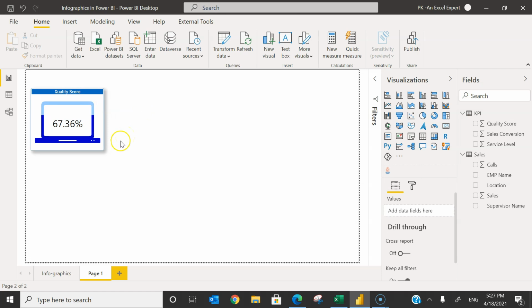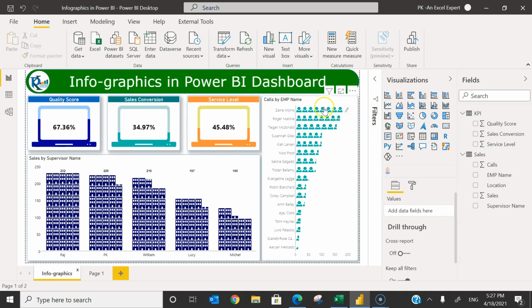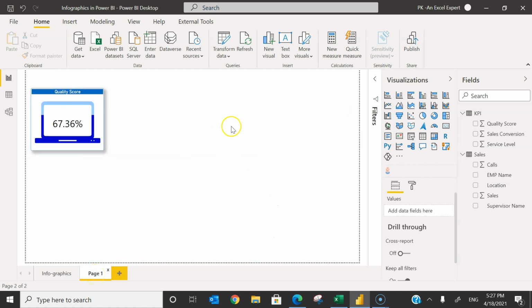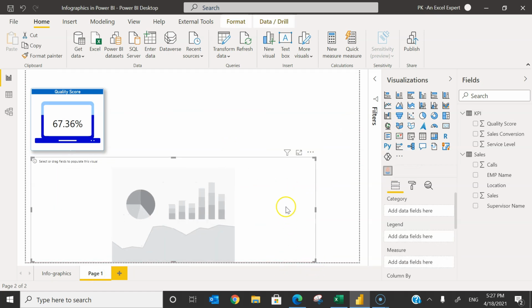Now quickly I will show you how can you create these charts, this sales by supervisor, using some other infographics and this employee name also. So quickly I'll show you these one also. So let's add again this infographics designer, new chart. So let's create this here. Let's take the sales from here. So I want to show the sales. So I'll take the sales in major.